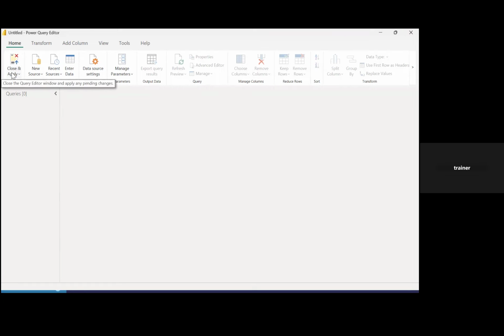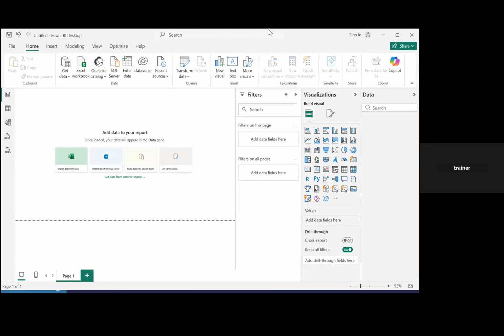Once you are done, you can just close and apply, and the entire data will be on the right-hand side pane. According to that data, you can take it here and visualize it clearly. And once you're done,